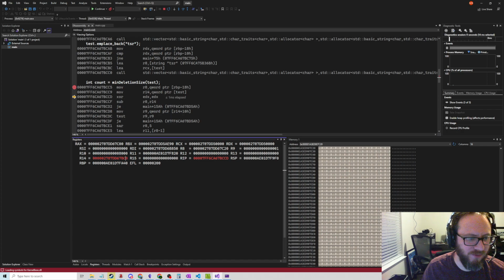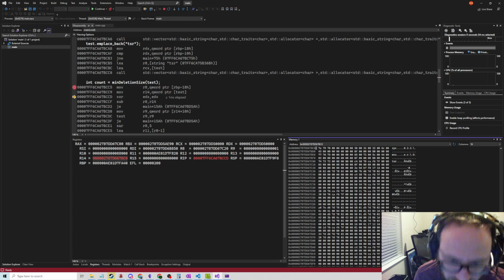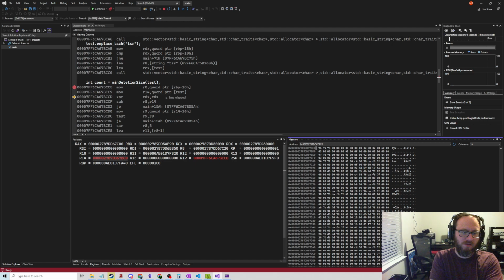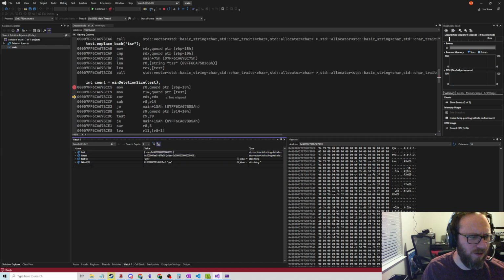That represents 4 zeros right there. 1 0 represents 4 zeros in hexadecimal. So the beginning of this string is at a 16 byte aligned address. So if we go here and we do watch and we do test